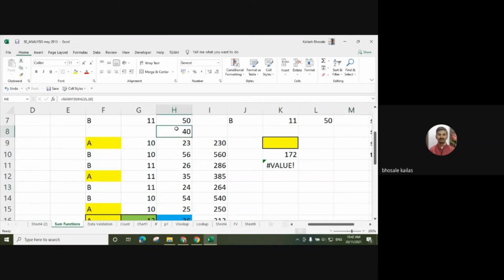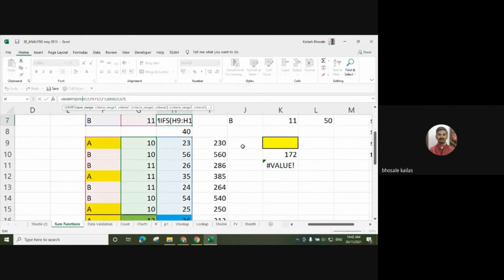So first I have used this SUMIF function, which means I have to select the range, and I want to make the summation of all the numbers which are equal to 10, or I can use any criteria like less than 10 or equal to 10, and make the summation. For that purpose, we can use the SUMIF function. The SUMIFS function is a different one. We'll also use this one.